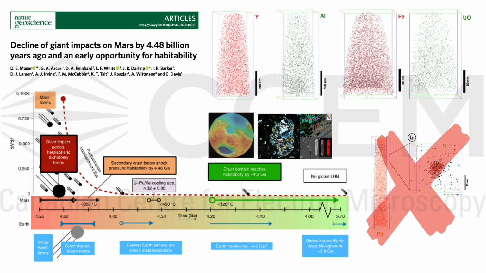So in this case, our zircon and baddeleyite records argue that the giant impact, which is proposed to have created the Martian hemispheric dichotomy, must have taken place more than 4.48 billion years ago, and then we had to have had a monotonic decline in the impact activity very early in Mars's history. And this is important because it has implications on when the Martian crust could have become habitable. So it has implications for these models.